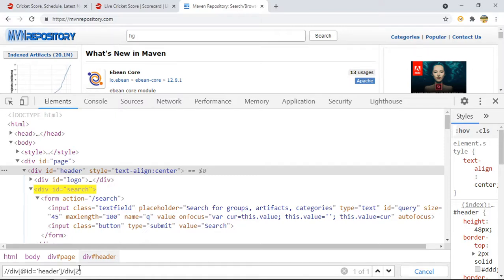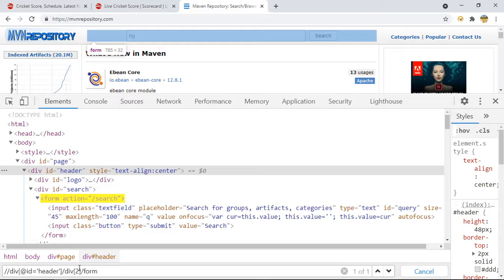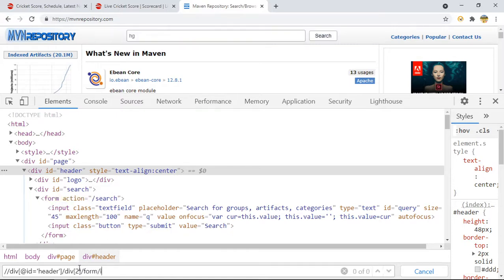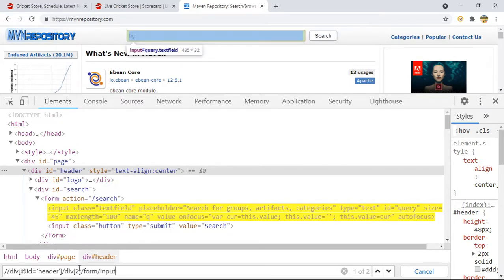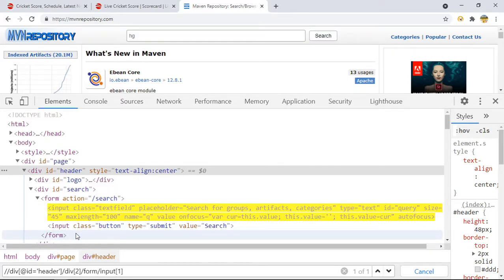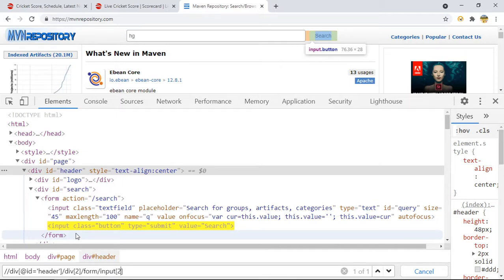After that, I want to reach the form tag, so I will say form. Now we are here. And after that, slash input. You can see input has 2 matches. So I will say 1 if I want to go to the first one, and 2 if I want to go to the second input.